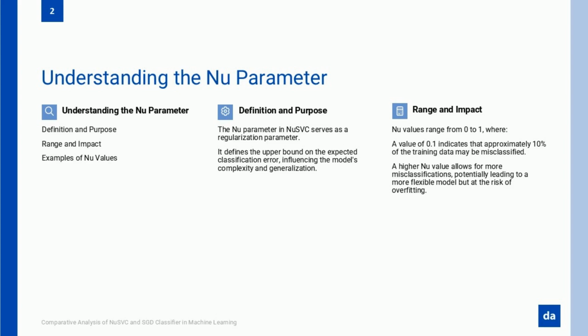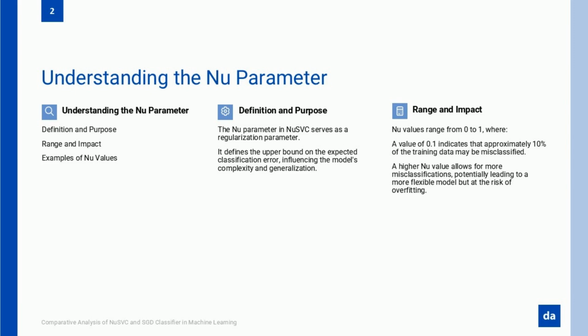Now, let's talk about what this means in practice. When you set a low nu value, you're telling the model to focus on precision, keeping errors to an absolute minimum. It's perfect for datasets where every misclassification could mean significant consequences, like medical diagnoses or fraud detection. On the other hand, a higher nu value gives the model more room to breathe. It's like loosening the reins, letting the algorithm explore more flexible solutions, which can be critical in noisy or imbalanced datasets. But here's the twist.